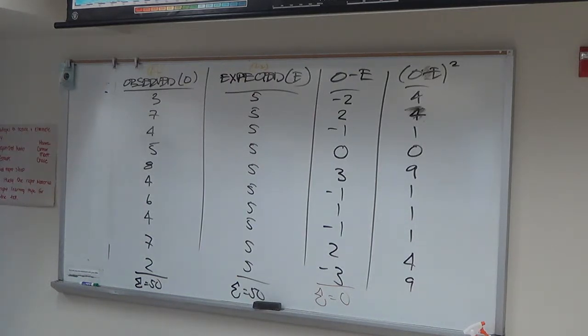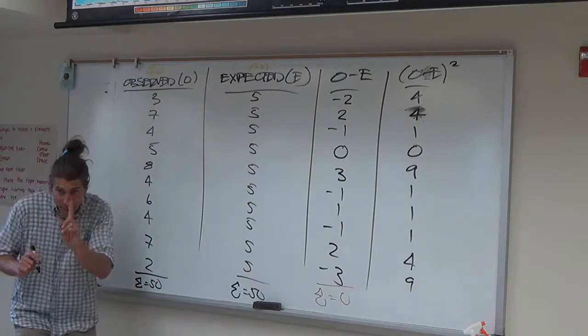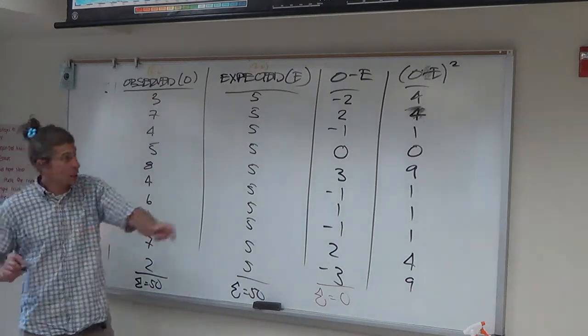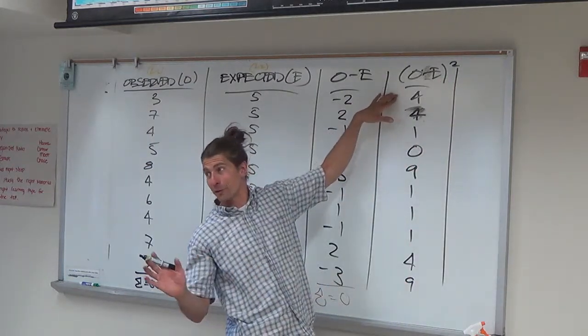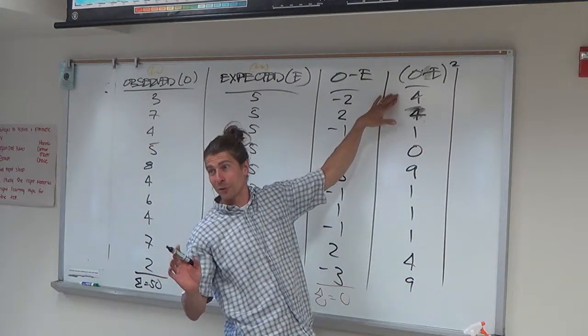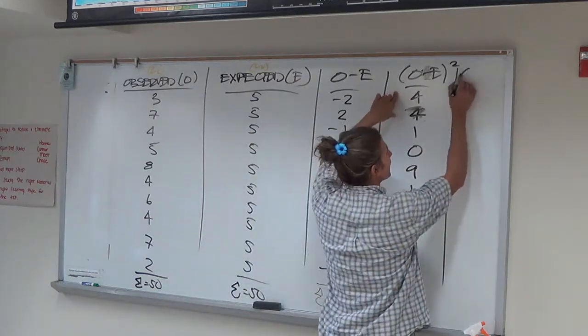Now, at this point in 243, we had the squares, and then we dealt with them in the following way. We took them and divided by the sample size. Okay, so we turned it, if you will, into an average. Something similar happens here, and I have a mathematical reason to explain it to you momentarily. We're going to make one more column, and I promise you technology will do all this for you after this. I promise. This is the last time we'll fill a board with mathematics in this class.